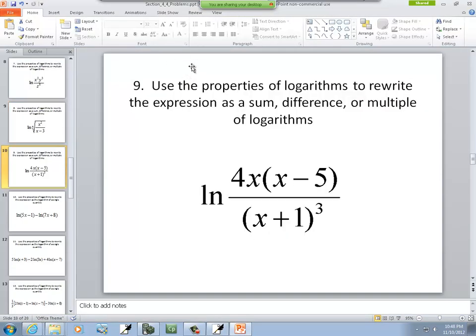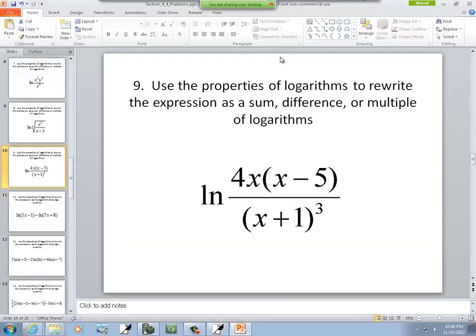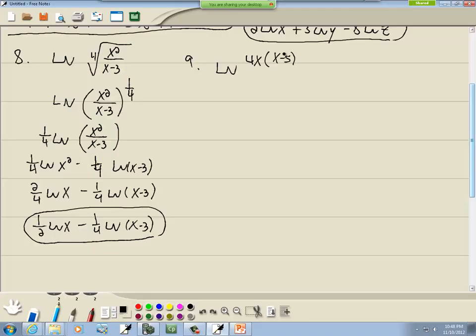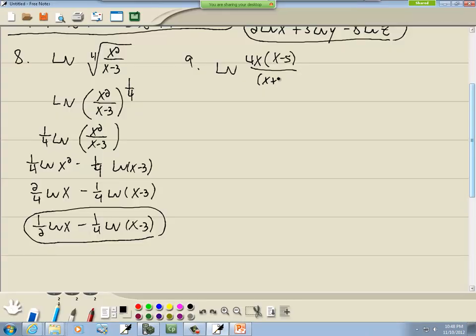Let's see, number 9. We've got natural log of 4x times x minus 5 over x plus 1 to the third power. Same instructions. Well, the main thing happening here is division. We've got something nasty on top divided by something nasty on the bottom. Well, division becomes subtraction. So we've got natural log of